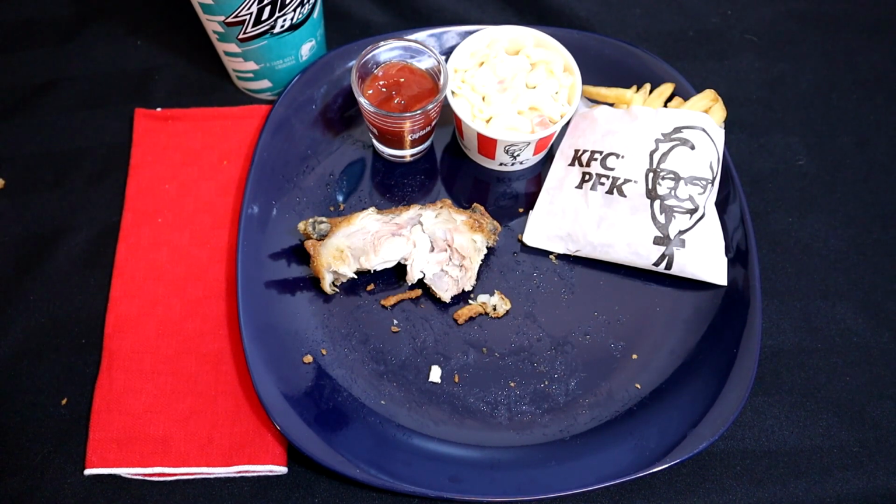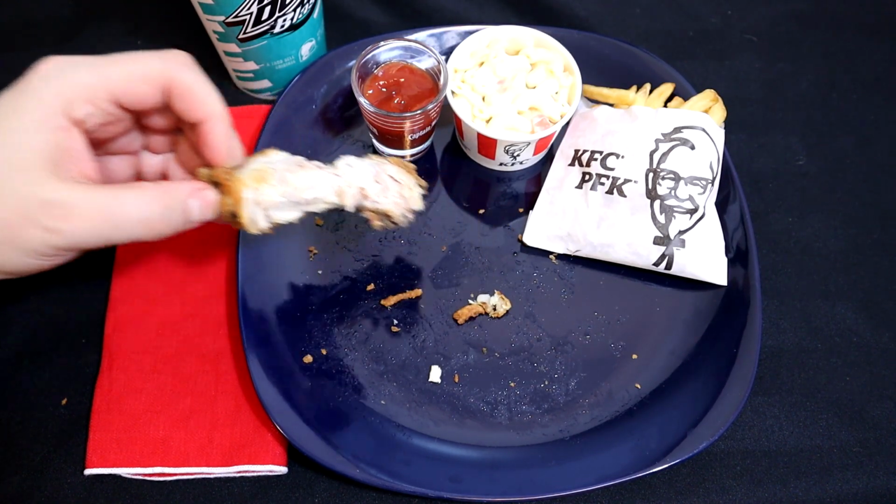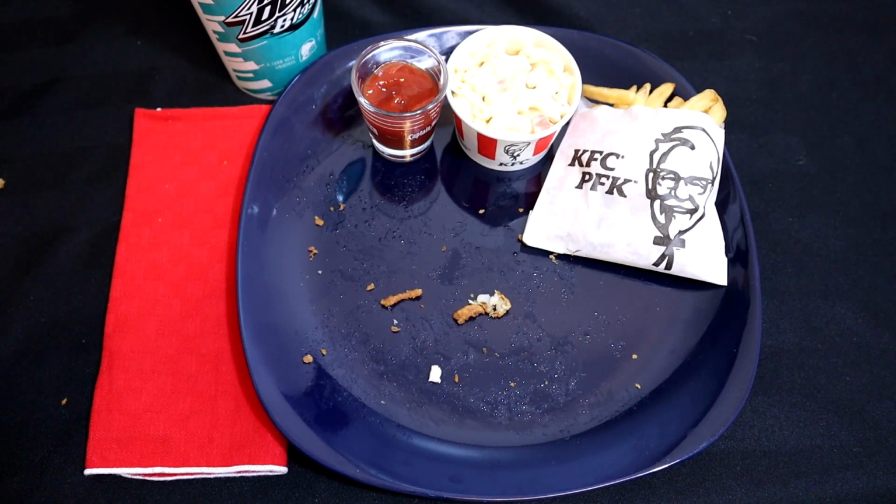Yeah, I remember not realizing for a long time that Colonel Sanders was a real guy. And there was this KFC commercial I used to see where they'd show some old footage of him. I guess it was real footage, but as a kid, whenever I saw this commercial, I was like, that's obviously an actor or whatever, because he's not a real guy. I thought it was like Santa Claus or something. But apparently, he's a real dude. I mean, he's long gone now, but,